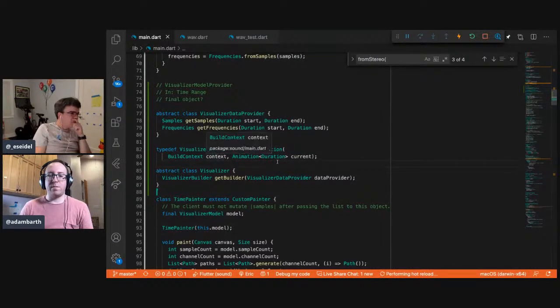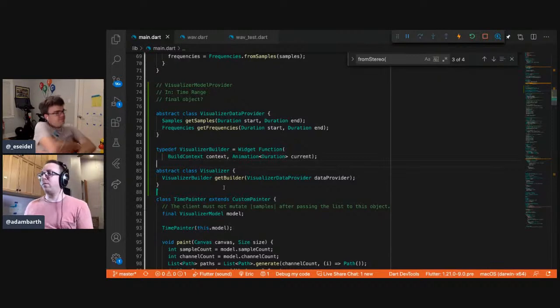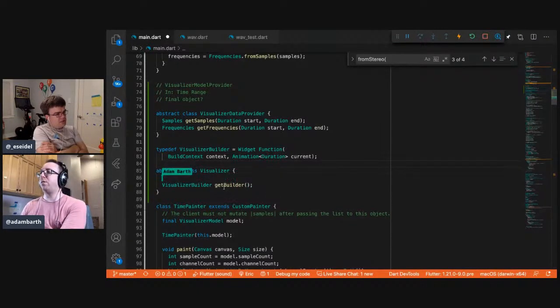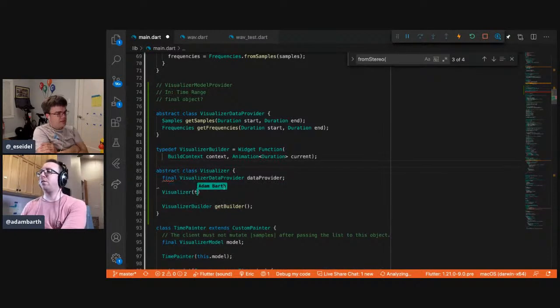Widget, build context, and animation controller. Well, I think the super is to put this up here. Yeah, as passed into the constructor.